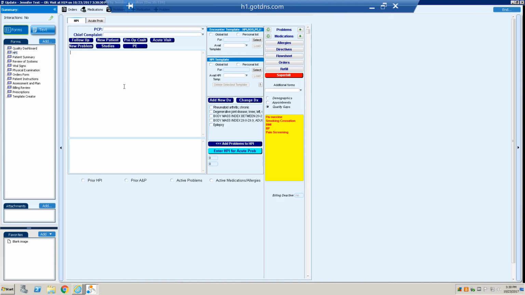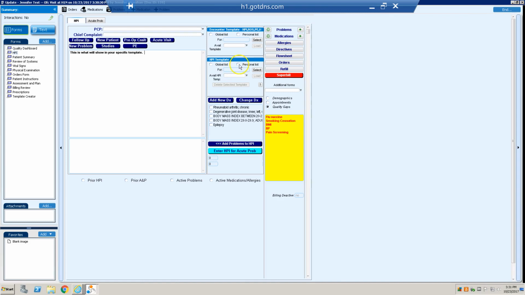The way this works is actually pretty simple. Whatever you enter into the HPI is what will show in your specific template, literally whatever you type in there. So if you have a specific set of questions you ask for low back pain or wrist pain or fatigue or upper respiratory infection, whatever you would normally ask, you would put that information in there. HPI can be a little tricky because it is supposed to be patient specific, but if there are things that you're typically finding or that should be incorporated in your HPI for that template, that's what you're going to